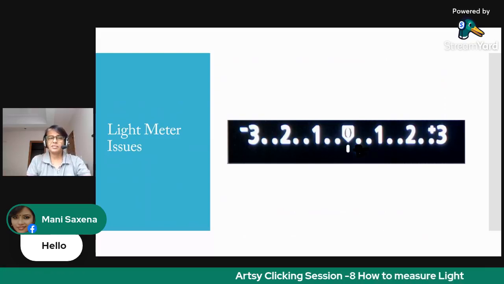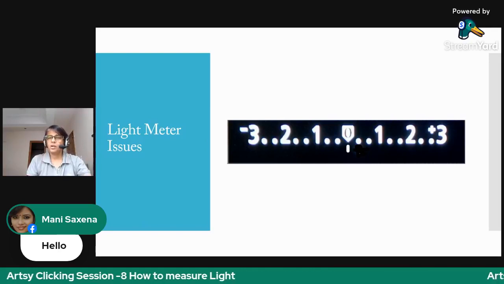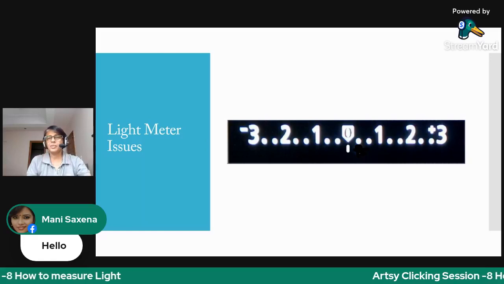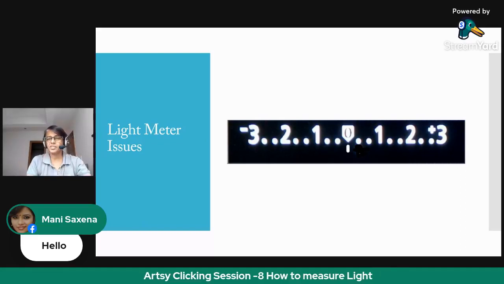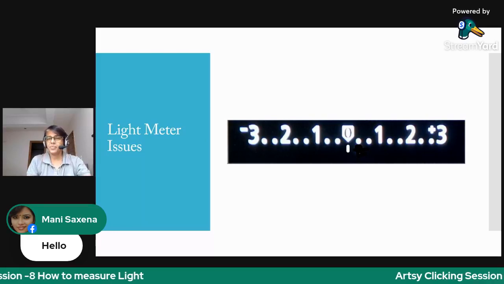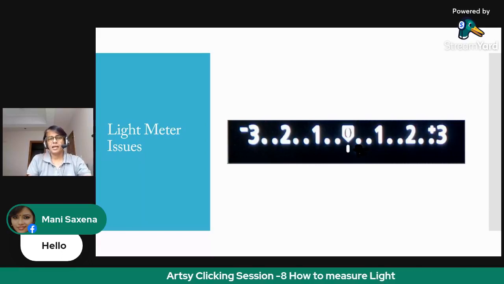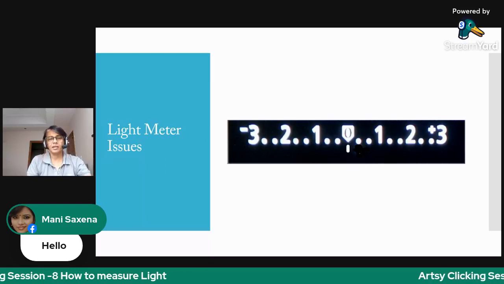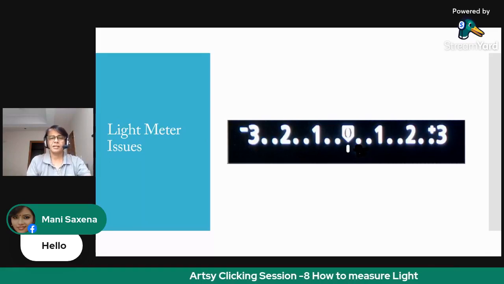So there exist some conditions within this too, because we know that the light meter works on the principle of making the settings so that 18% of light enters to reproduce the scene, but sometimes even this fails because it treats all the tones as if they were the same. Like if you pick up the colors black, white, blue, red, each color reflects a different amount of light.